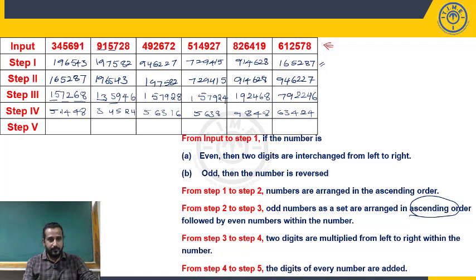So 5 plus 1, 6 plus 4, 10 plus 4, 14 plus 8, 22. 3 plus 4, 7, 7 plus 5, 12 plus 2, 14 plus 4, 18. 5 plus 6, 11 plus 3, 14, 15, 6, 21. 5 plus 6, 11 plus 3, 14 plus 8, 22. 9 plus 8, 17 plus 4, 21 plus 8, 29. 6 plus 3, 9 plus 4, 13 plus 2, 15 plus 4, 19.